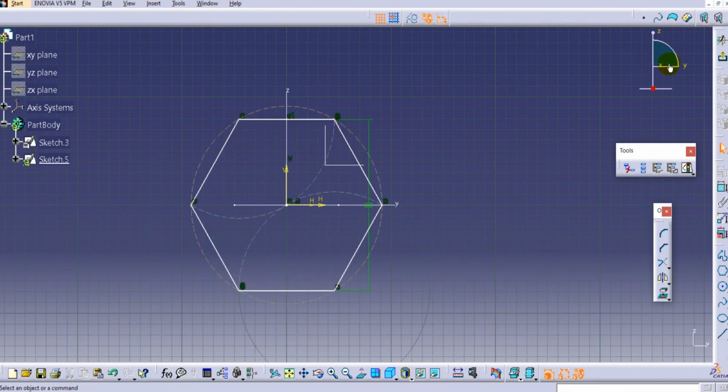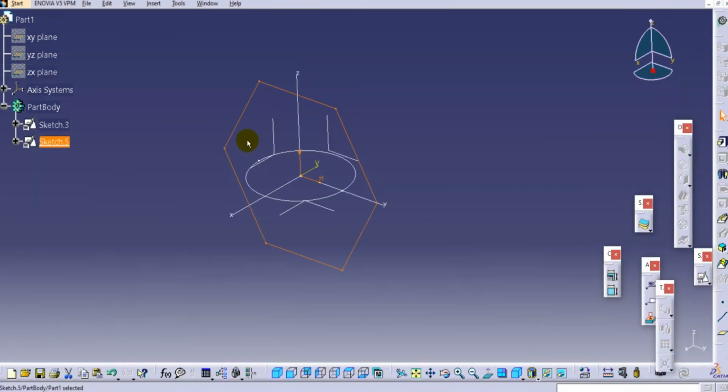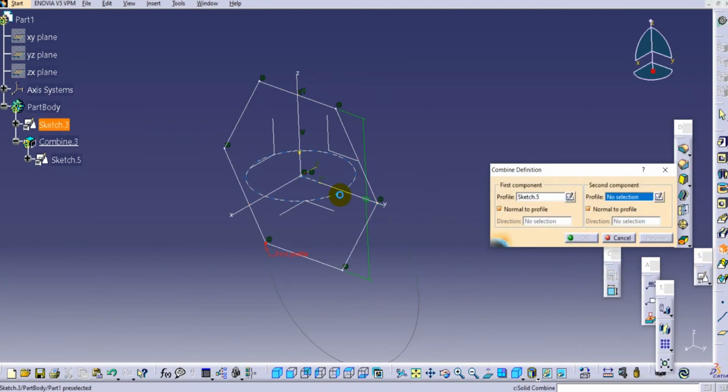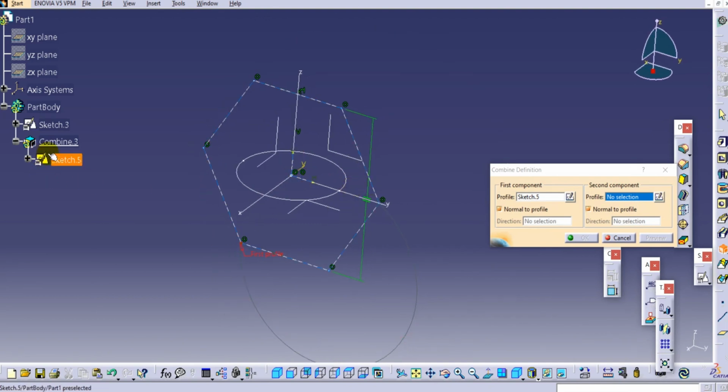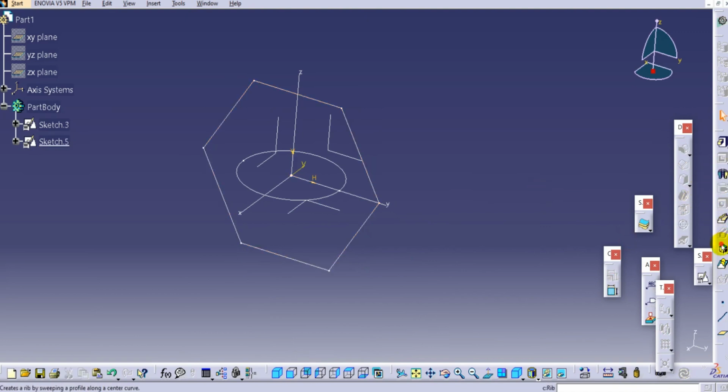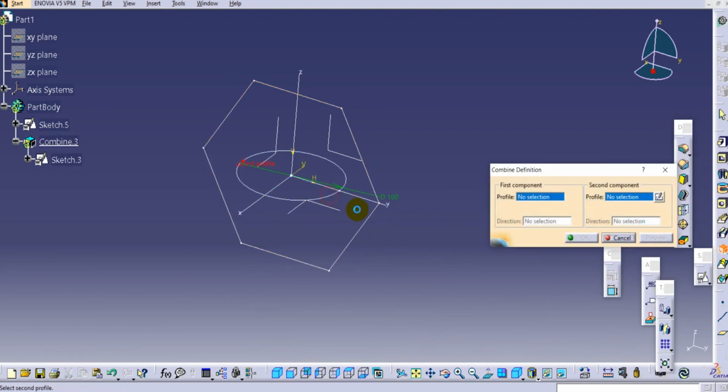Just create a hexagon of approximate size, and again click on the solid combine. Select the first sketch and select the second sketch.